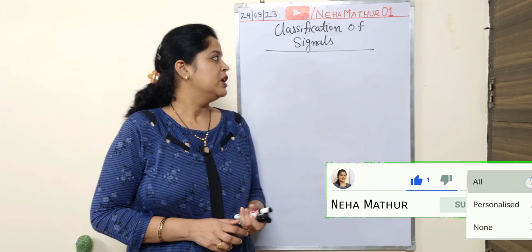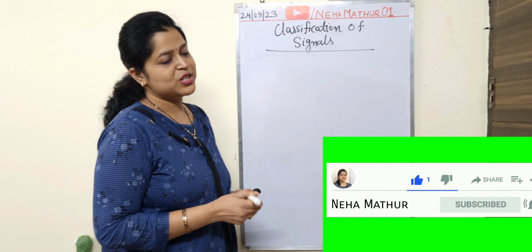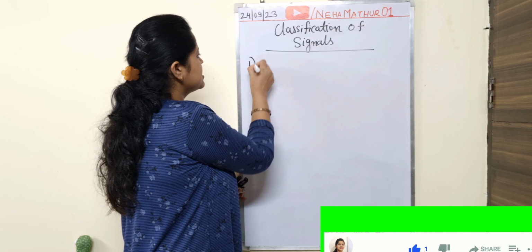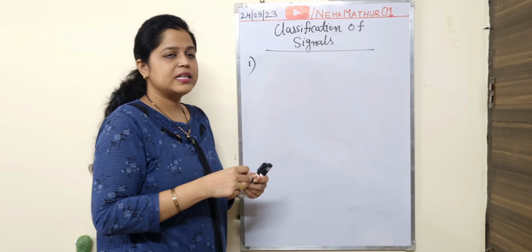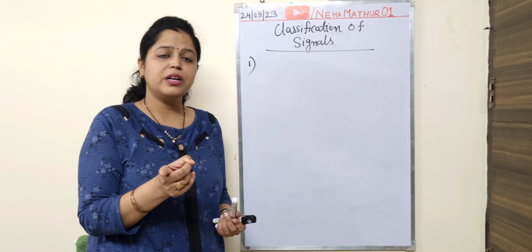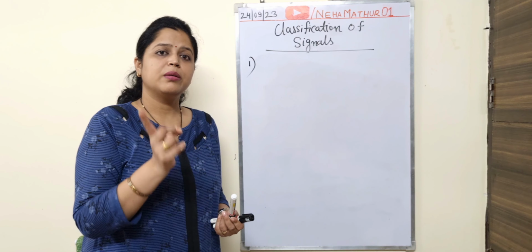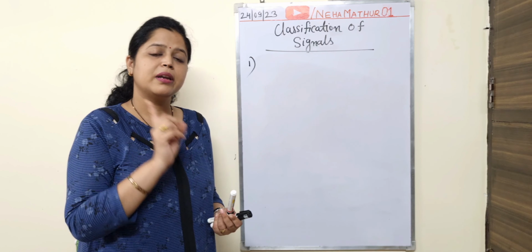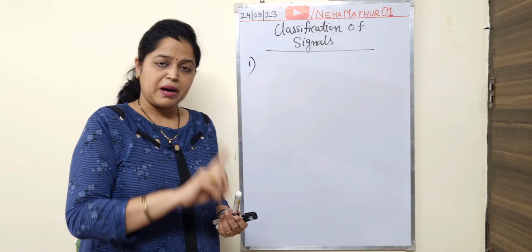Fine. So we are going to start the classification of signals. As I told you in the last video, a discrete time signal or a continuous time signal may be deterministic or random, even or odd, periodic or aperiodic, power or energy, or causal or non-causal. So firstly I am discussing the first category, which is deterministic